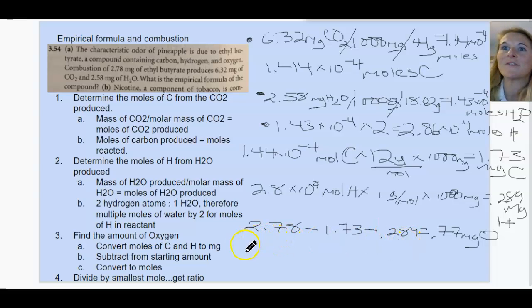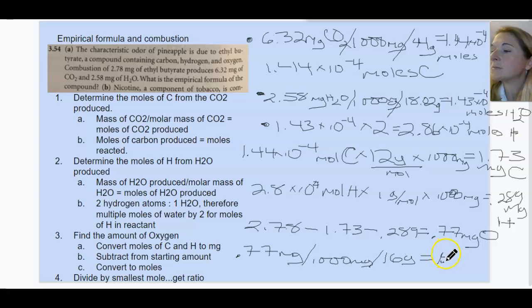I know a lot of conversion problems here. That's why the ability to convert numbers is so important. So if we have 0.77 milligrams, we need to divide that by 1,000 milligrams to get into grams. And then we need to divide that by the molar mass of oxygen, 16 grams per mole. And that is going to give us